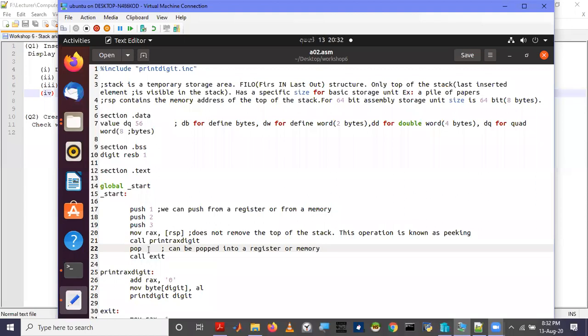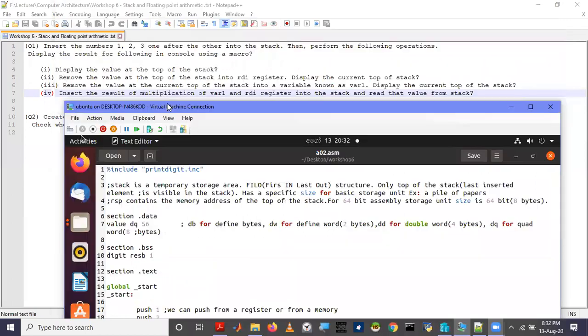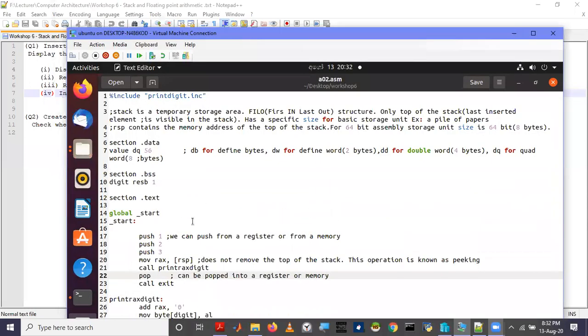We are asked to pop into a specific register, which is the RDI register. So I pop into the RDI register.